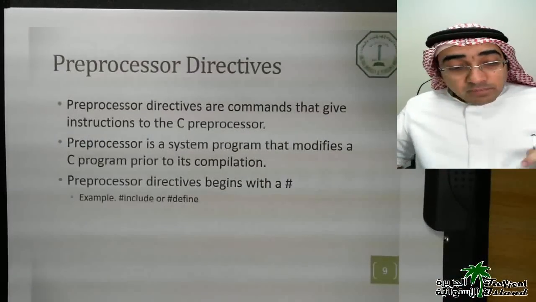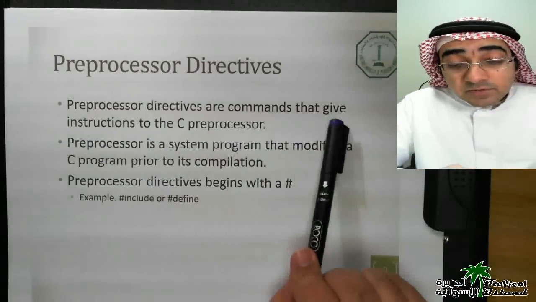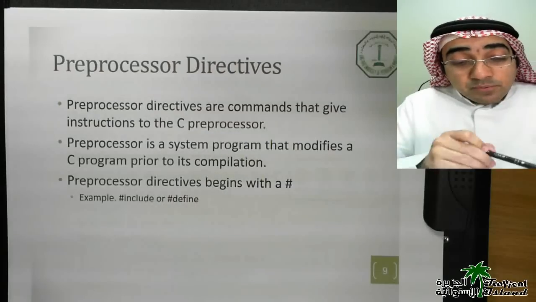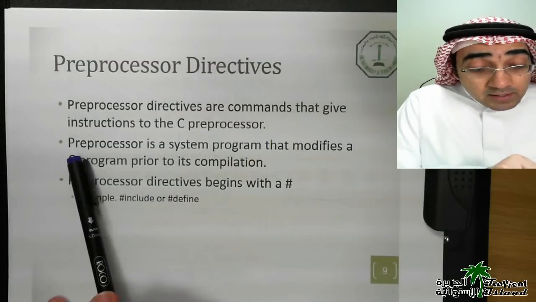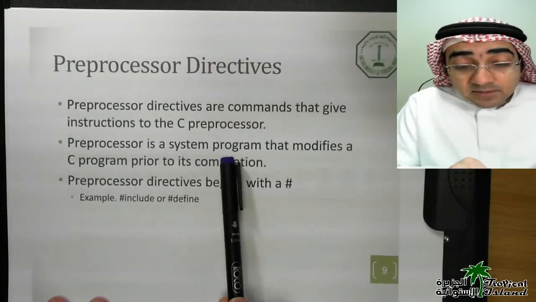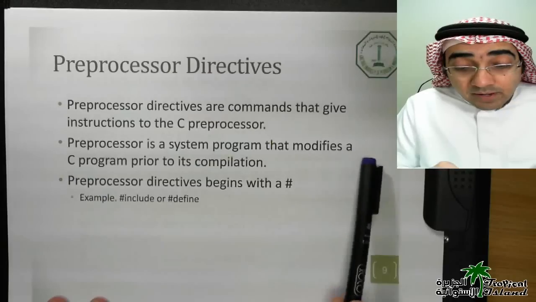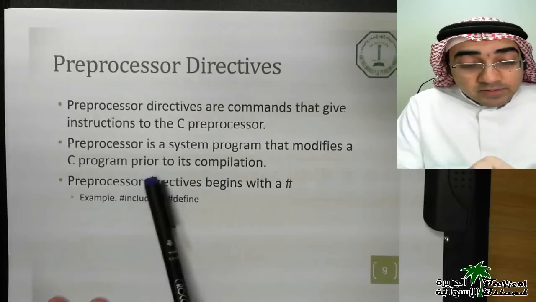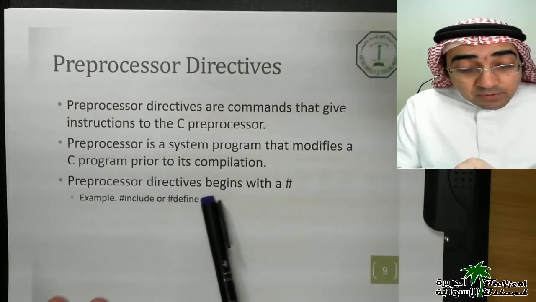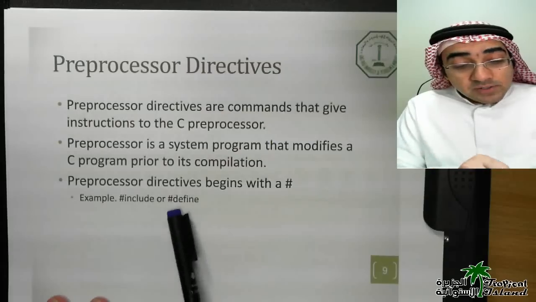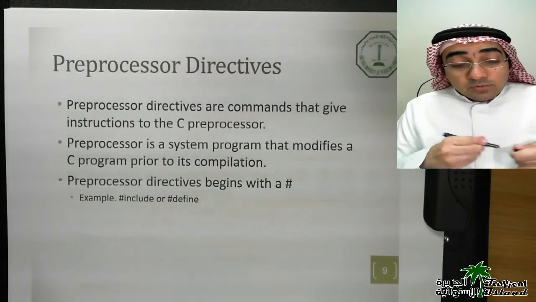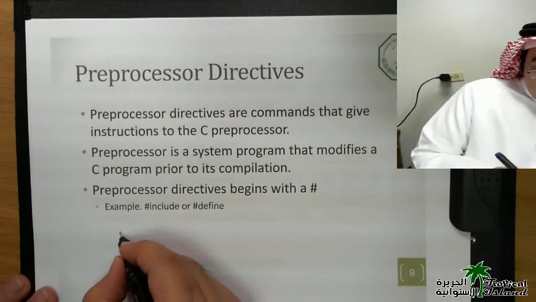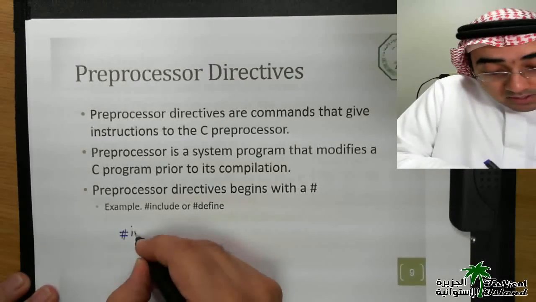Okay, so let's talk more about the preprocessor directives, or commands that give instructions to the C preprocessor. The preprocessor is a system program that modifies the C program prior to its compilation. Preprocessor directives always begin with a hash, like hash include or hash define. So over here I'm going to explain it to you once more. If you have hash